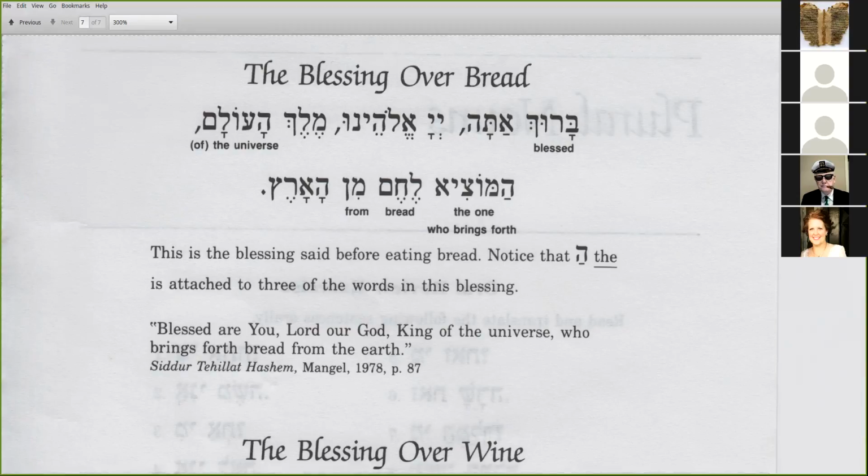Let's go to draw here. All right, so what we have here is Baruch Atah, and remember this is our little abbreviation for Yahuwah, Yud He Vav He. They do that out of respect for the Jews. Eloheinu Melech HaOlam, HaMotzi Lachem Min Haaretz. And the familiar tune is